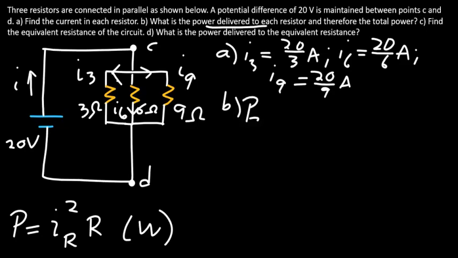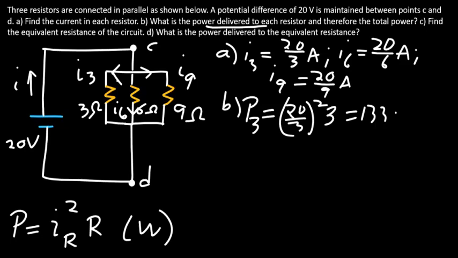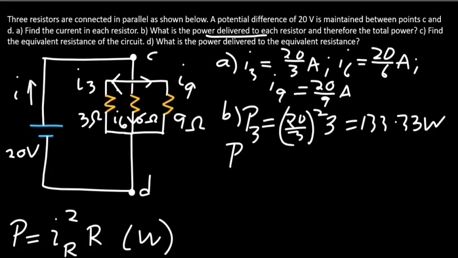So the power through the 3 ohm resistor is the current through it, which is 20 over 3 from part A, don't forget to square, times its resistance, which is 3 ohms, and that's going to give you 133.33 watts. Now let's calculate the power delivered to the 6 ohm resistor. So the current through it is 20 over 6 amperes, square it times its resistance, which is 6 ohms, which will give you